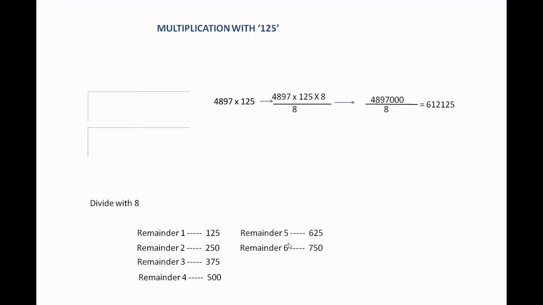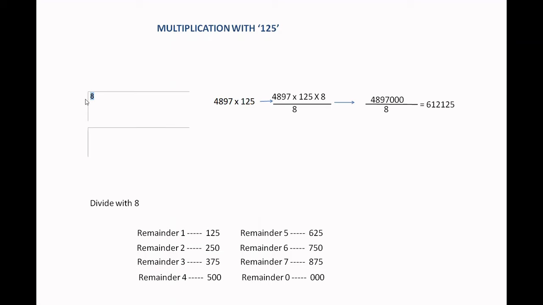For 5 it would be 625. For 6 it would be 750. For remainder 7 it would be 875. And if the remainder is 0, we will just put 3 zeros after the division. So if we take any number, say in this case